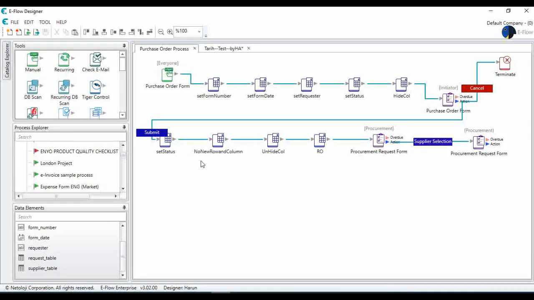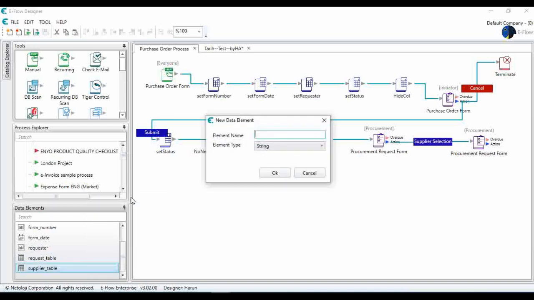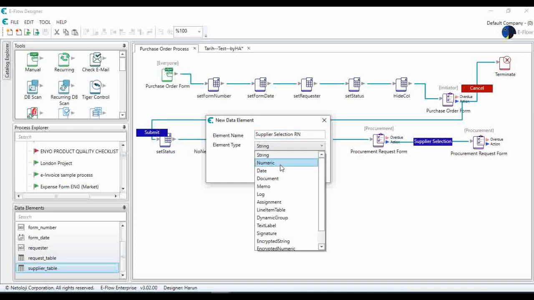I have to calculate how many suppliers have been selected and how many procurement requests have been done. So let's just make a data element and let's name it supplier selection row number, and it will be numeric,